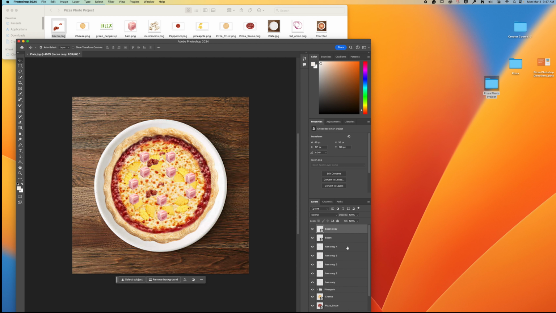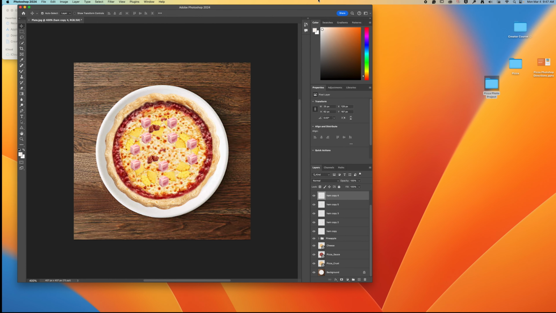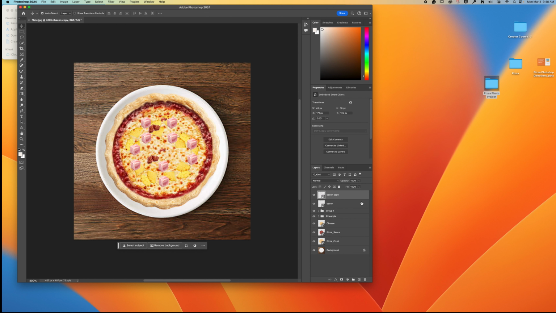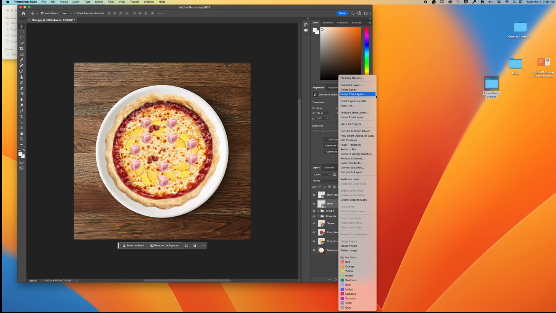And I'm going to go ahead and create a group with my ham. And that way, it kind of keeps everything a little organized, right? Now I am duplicating my